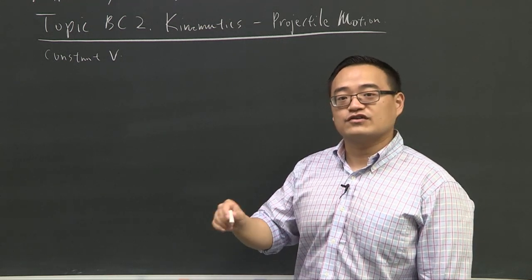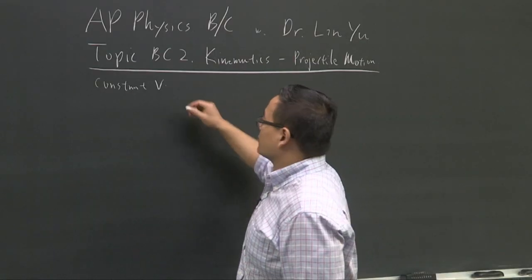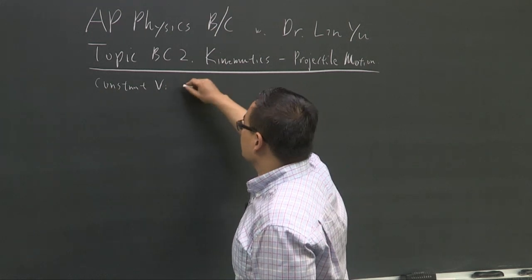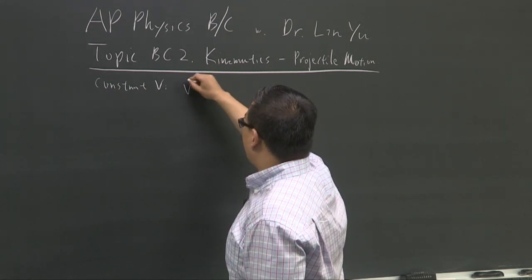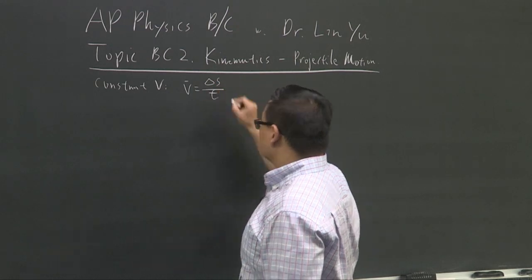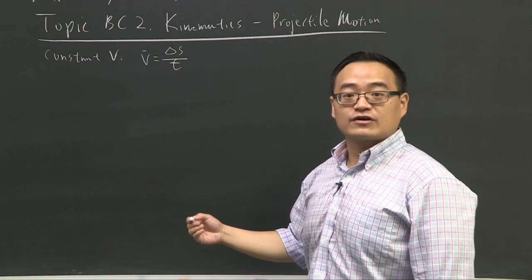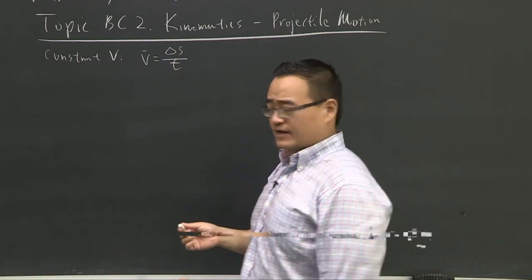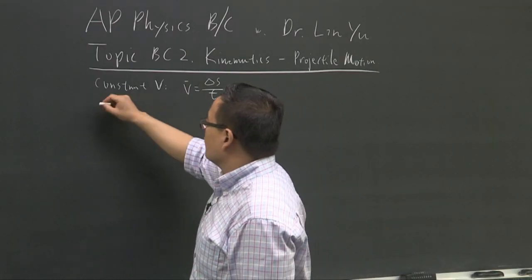So there's no acceleration. Acceleration is actually zero, and the governing equation for any constant velocity is v, or average v, is equal to displacement divided by time. That's it. That is your governing equation. There's no variability on that. And then we talk about a slightly more complicated